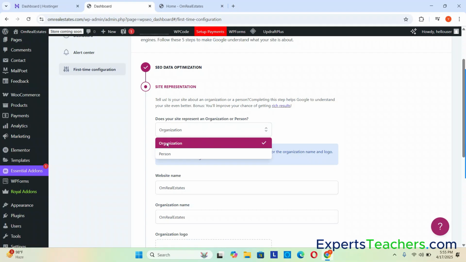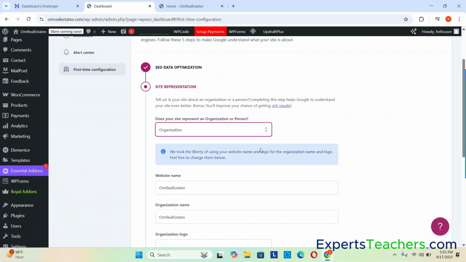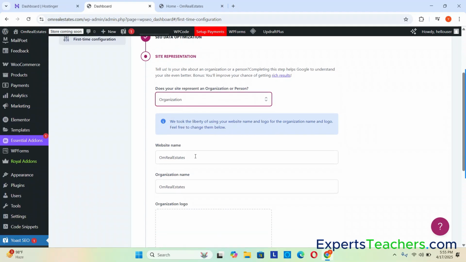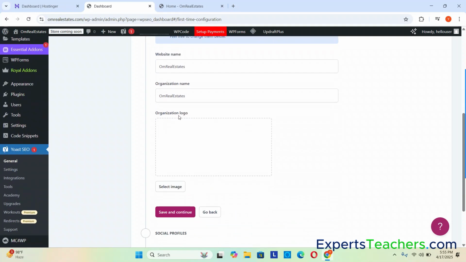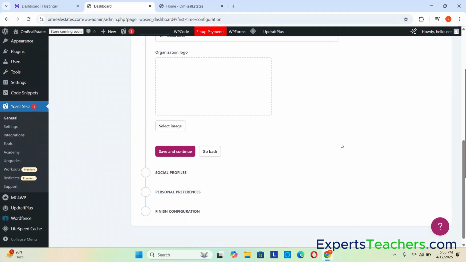Okay, so whether it's an organization or person, like what is the name of the website, what is the name of the organization, what is the organization logo. So you just need to select the image and select over here, upload over here. After that you can click on save and continue,